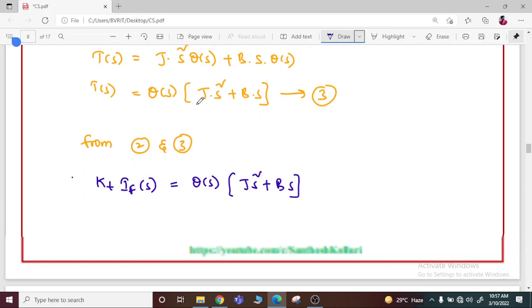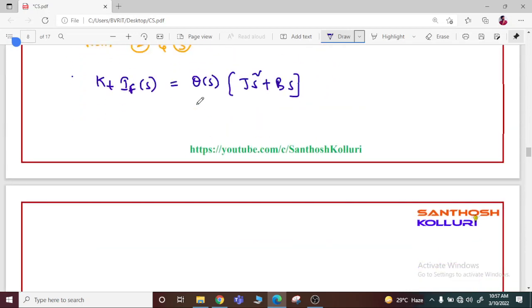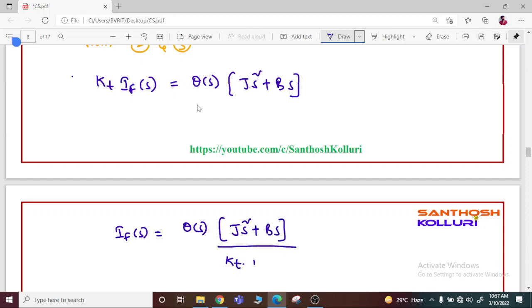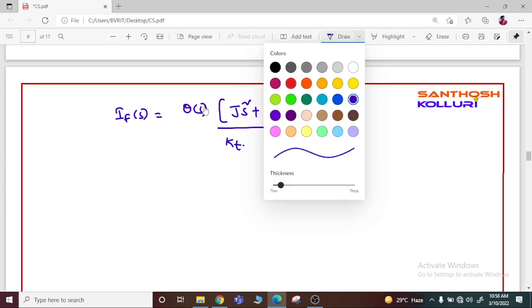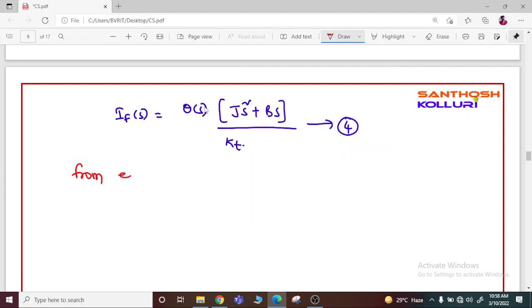So from this, calculate If of s, which can be written as theta of s into (Js square plus Bs) divided by Kt. So this is equation number 4. So from equation 1 and equation 4, we can write Vf of s is equal to Js square plus Bs